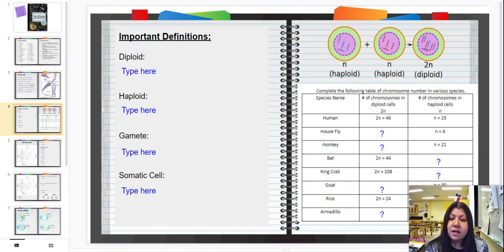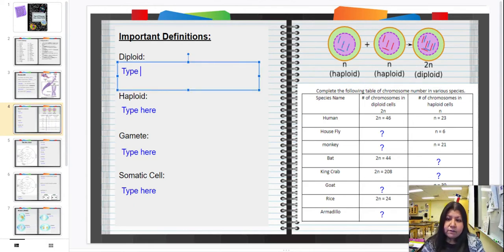We can have half of our genetic information, for example, what you might find in your sex cells, such as your sperm or your eggs, in order to give half of your genetic information to an offspring, or you could be a diploid and have a full set of genetic information because you received half of your genetic information from your mother and the other half from your father. So my definition for diploid is going to be a full set of genetic information